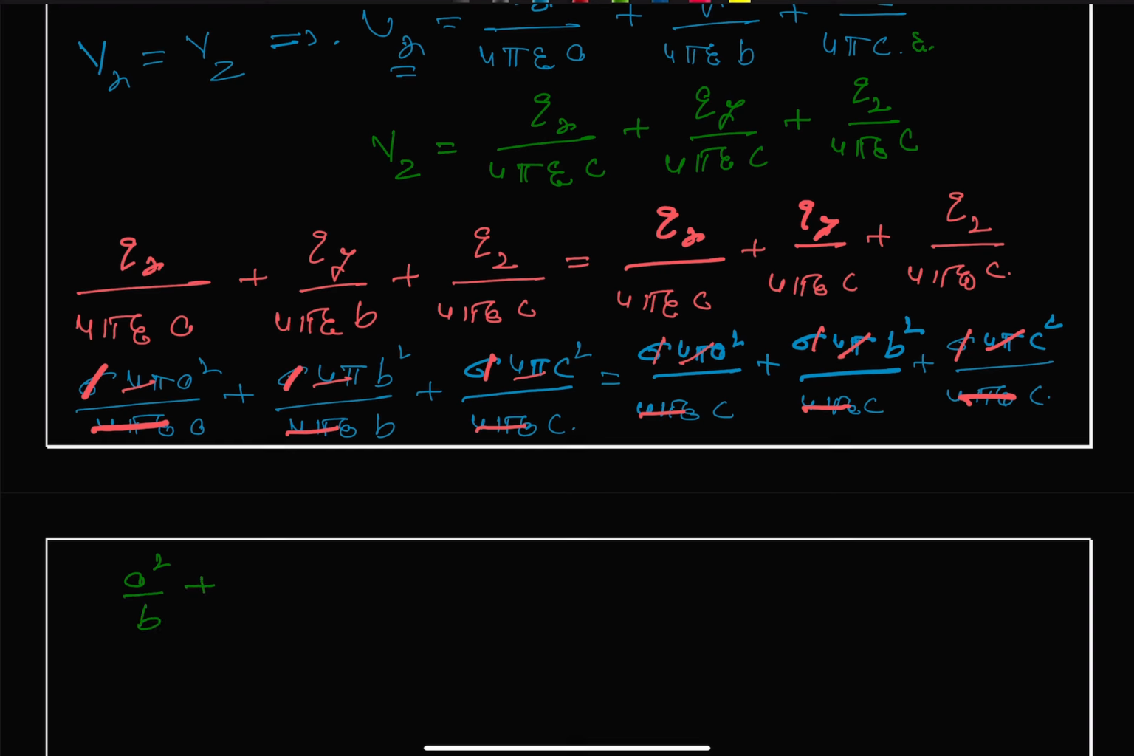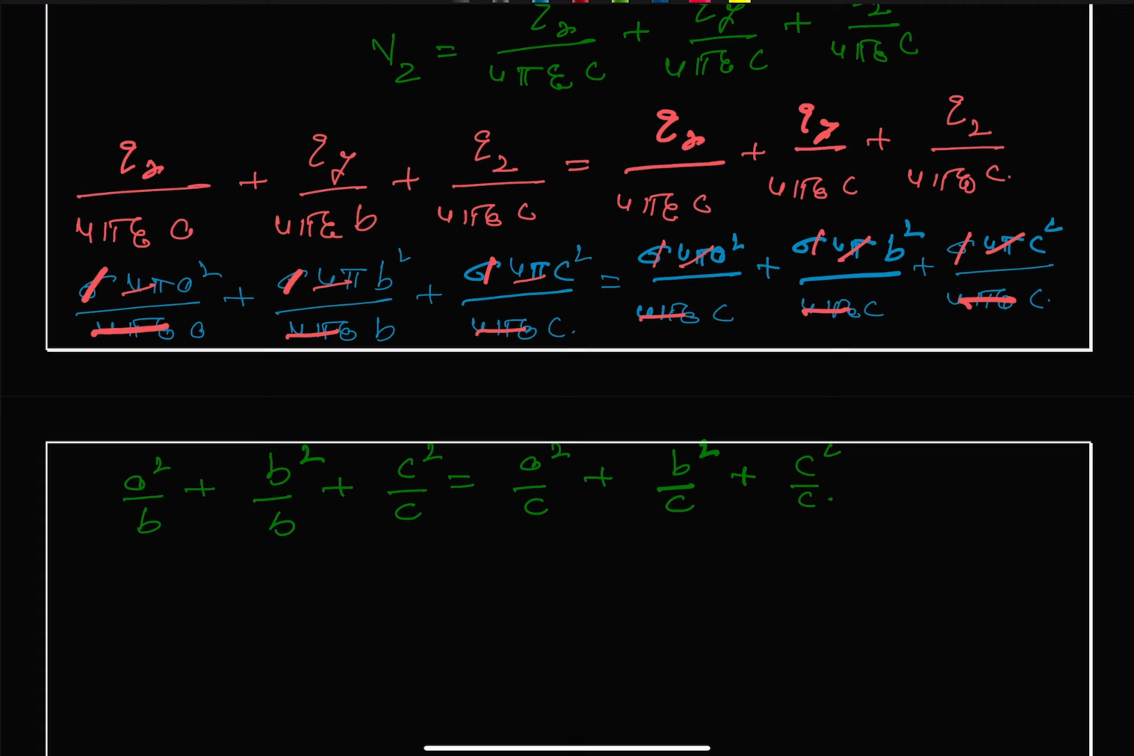plus b square by b plus c square by c is equal to a square by c plus b square by c plus c square by c. And we can write it as, this can be written as, okay, c we can take towards